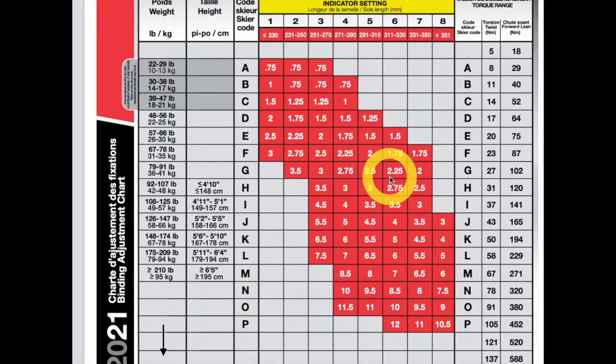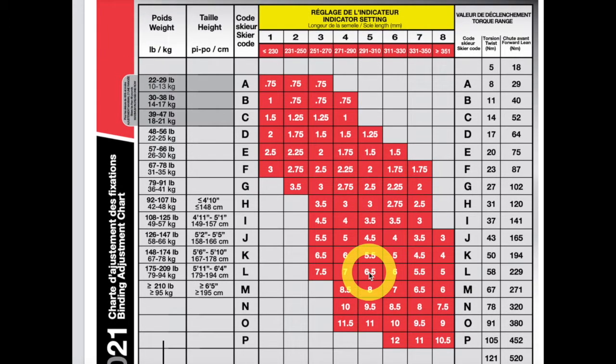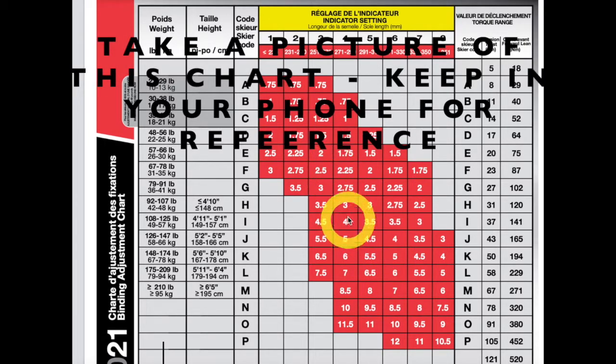And then you look at the ski boot length. If they're 338 like me, it'll be a 6.5. But let's say they had a boot size of 300 mils, that would mean they would be at an 8 setting, which is fine. So what you want to do is, I'll send this out as a